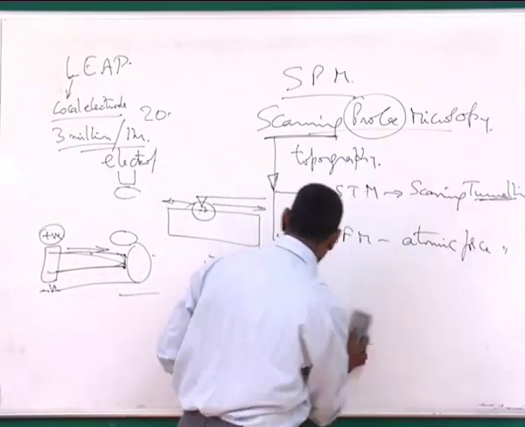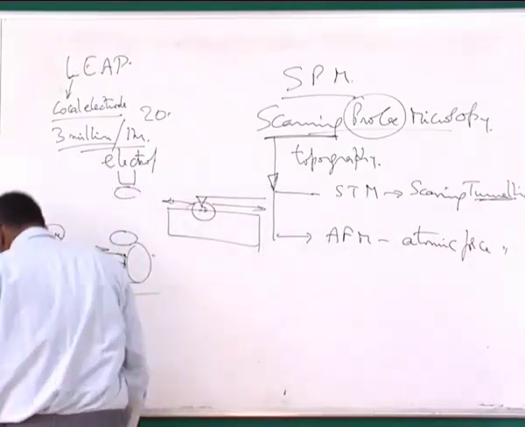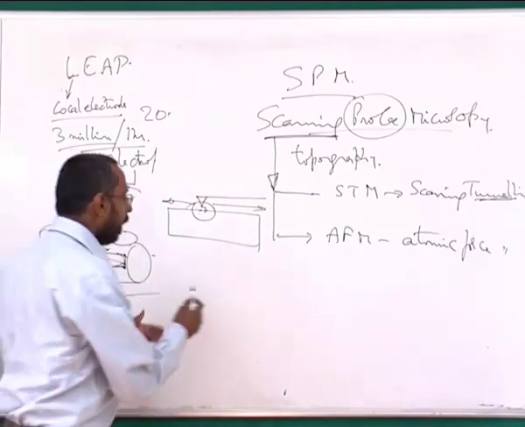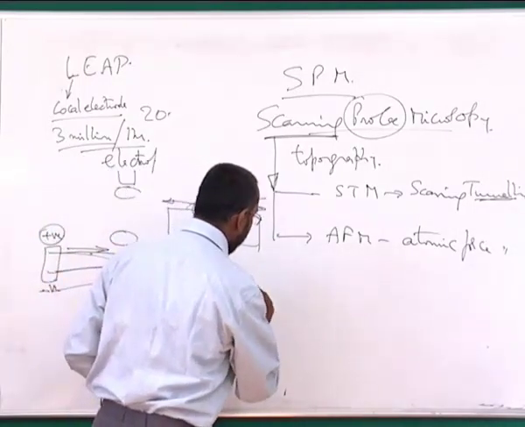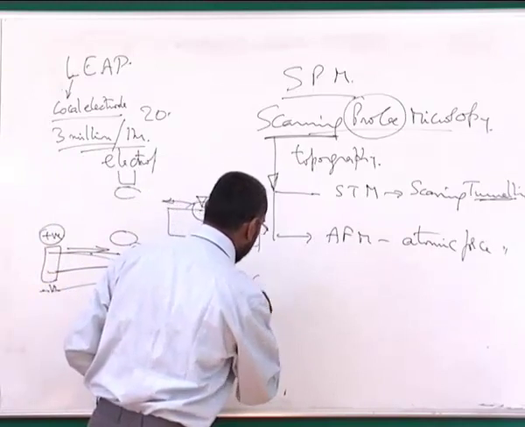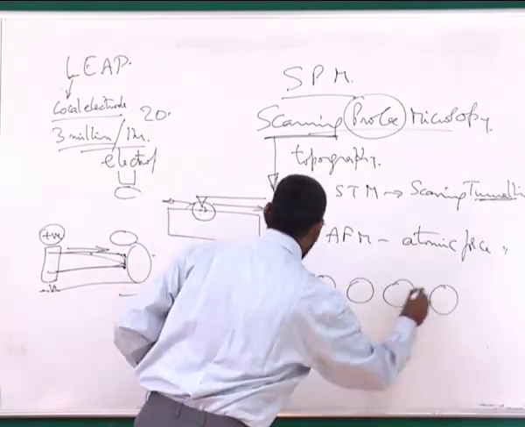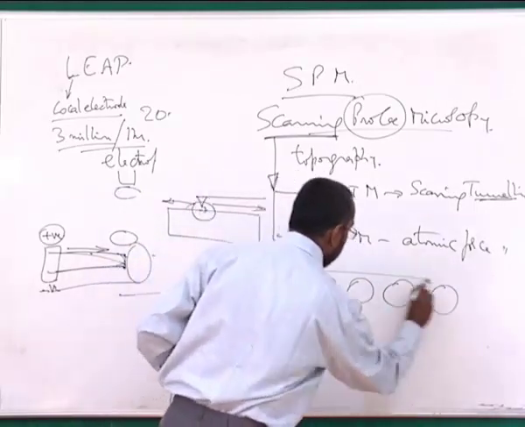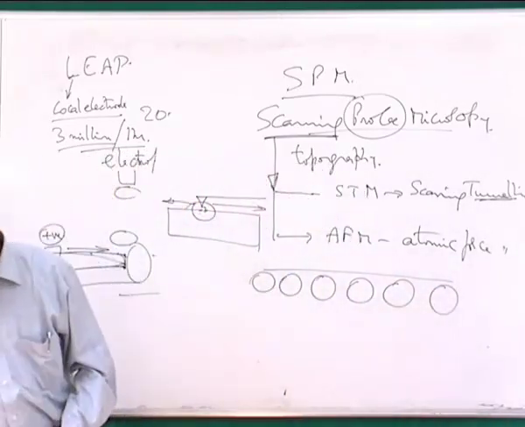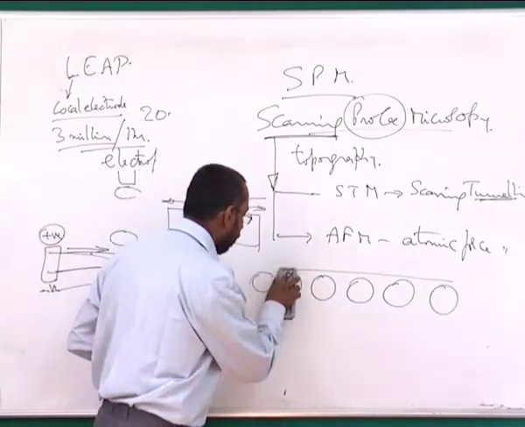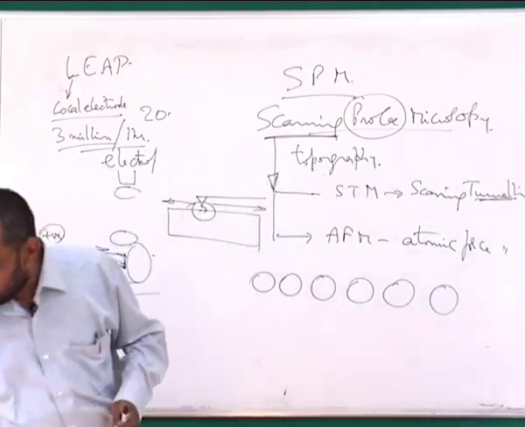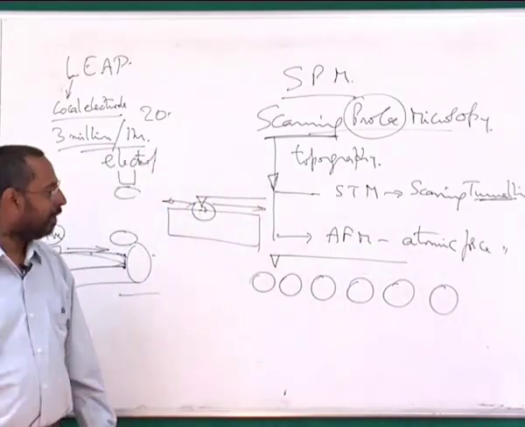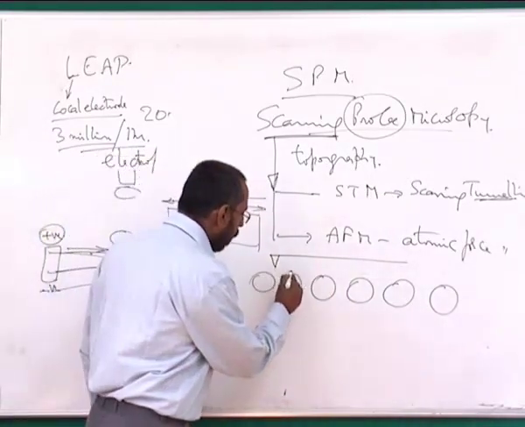For example, if I can take a material with an atomic structure, let's say an atomic arrangement like this on the surface. This is, let us say, the surface of your material, in which you have an atomic arrangement like this. Now your probe is moving on this. You have a probe which is moving on this surface. So the moment this probe comes to this region,